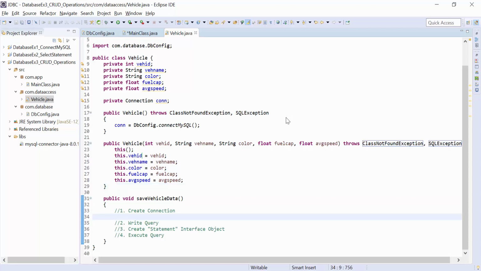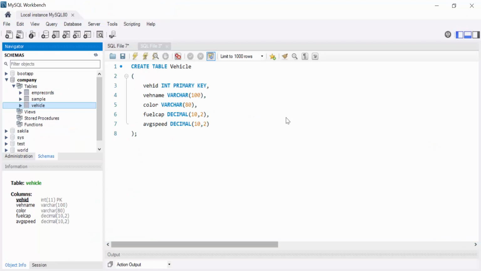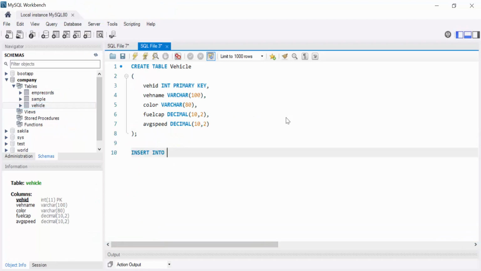Now the connection is ready, which we handled using the constructor part. Now write a query, so we need to create a variable query. Query is equal to, what is the query? The query should be like this: insert into vehicle, and the variables are vehicleID, name, color, fuelCapacity, averageSpeed. Then write values, and in values you need to pass a total of 5 parameters.